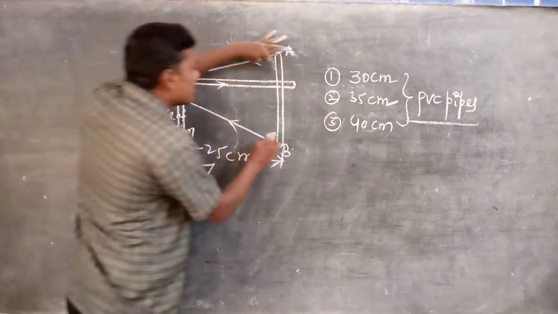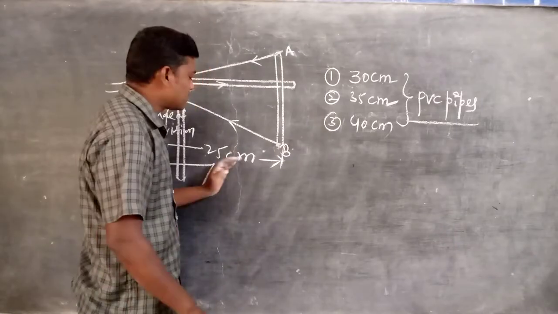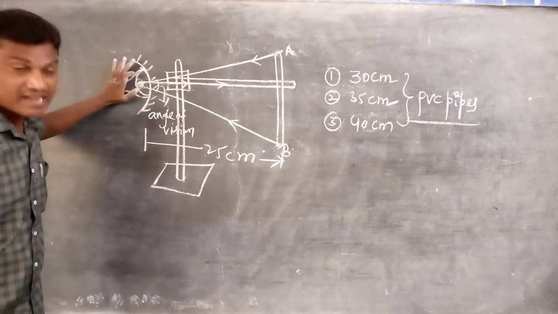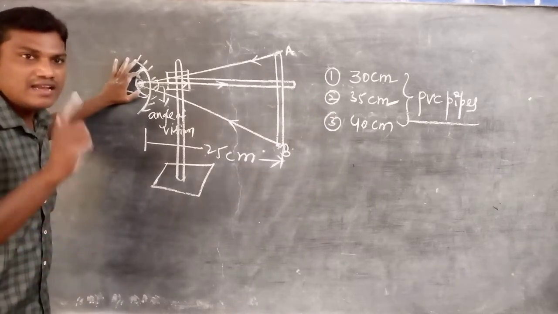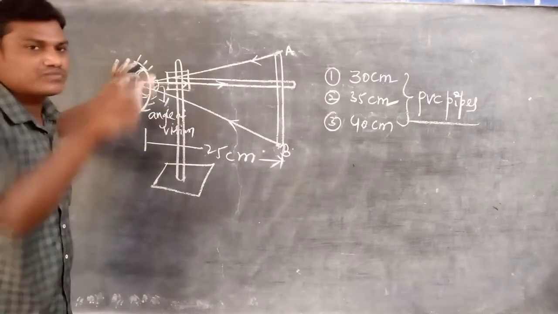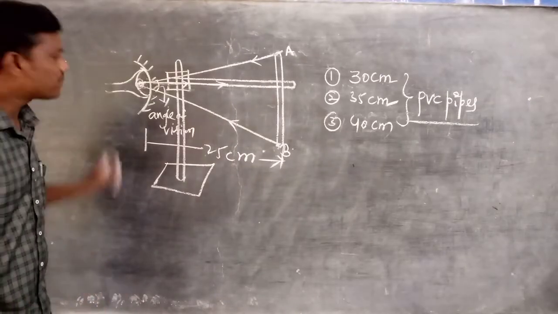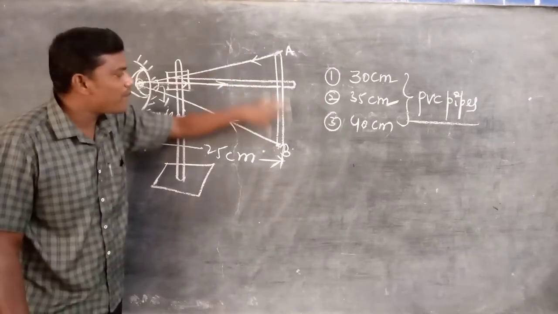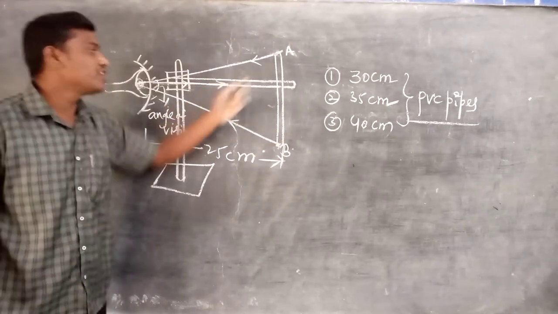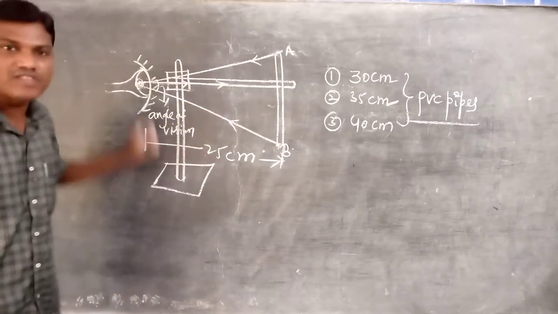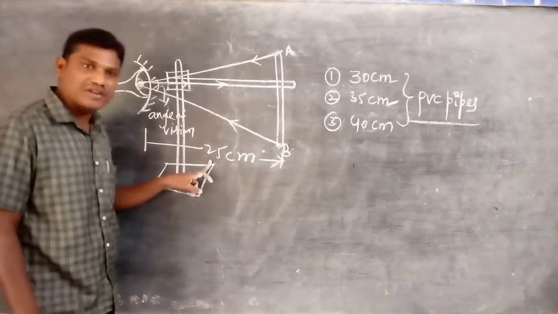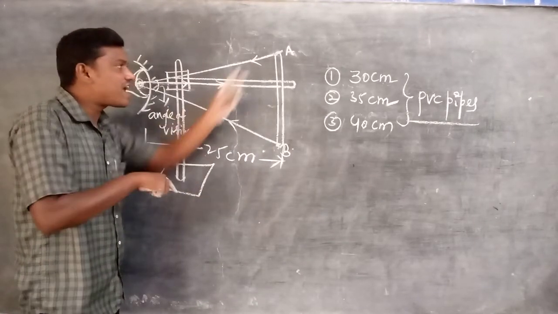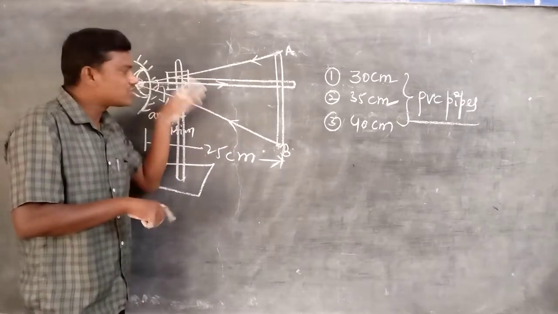Now slightly increase the distance to 30 centimeters. At that time, the person will see the object clearly. Then what is the least distant vision of that person? 30 centimeter. If a person at 25 centimeters only was able to see the top and bottom at a time, then what is the least distant vision of that particular person? 25 centimeter.